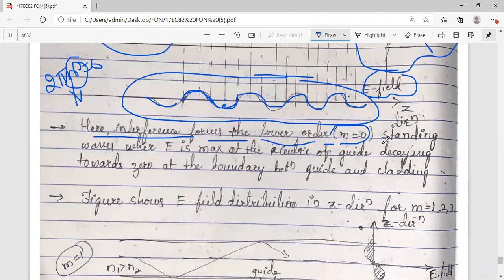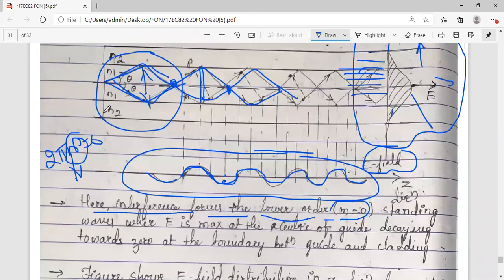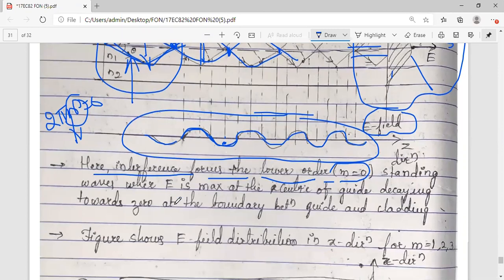So with m equal to 0, what is happening here? You can ask me, how did we get two waves? These are actually called standing waves. This is one term which was left out, you didn't study about this. For standing waves, you can do one experiment at your home. You can tie a rope at one place.